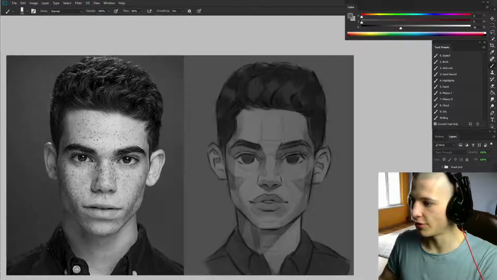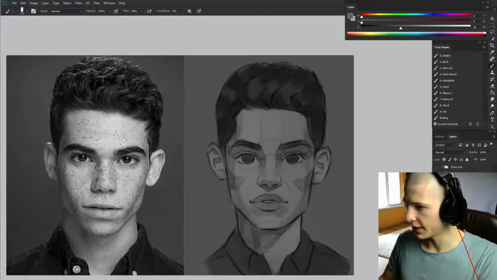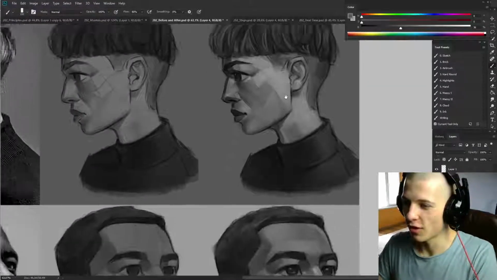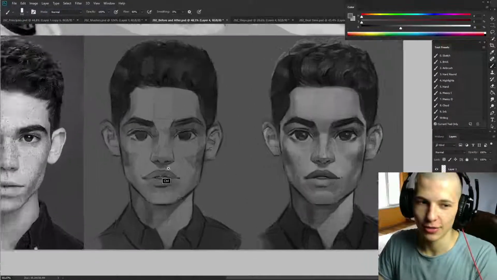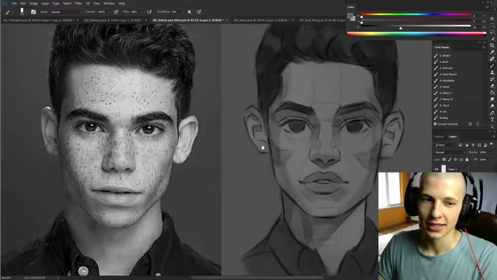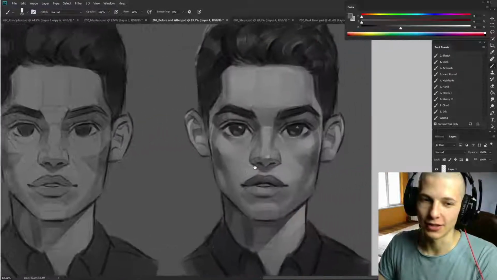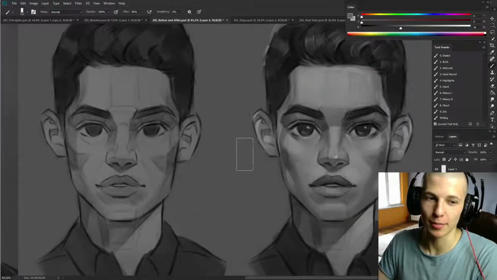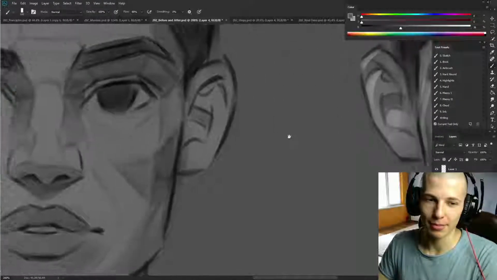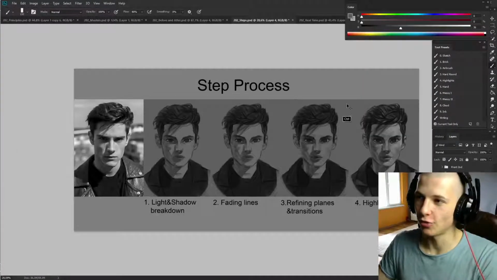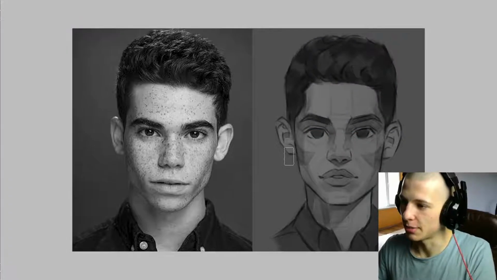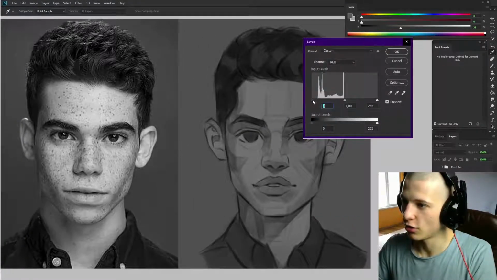All right, let's get to the front view now. So let me merge everything. This one, I think, is the worst when it comes to the before, but I actually kind of like it in the after. And by the way, that's another thing about the planes. This doesn't look at all like the reference. And this one still doesn't. But you can kind of see that it's sort of a person. This looks like a weird robot person, and this starts looking more and more like a face. So if you just trust those planes and you make them tighter and more refined, it's going to start looking like a person. So start out introducing a little bit of contrast through those levels, and then just a new